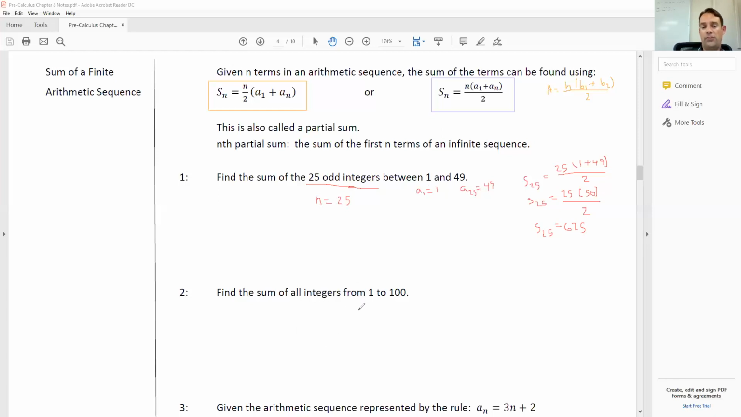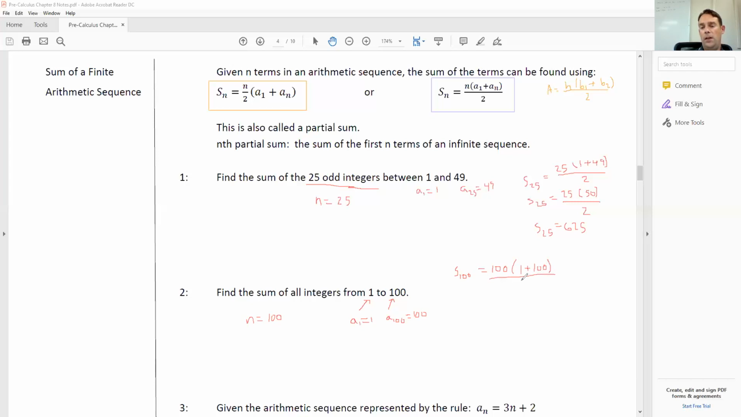So it says find the sum of all the integers from 1 to 100. Well, notice 1 to 100, I'm counting by 1 here, so that means a sub 1 is 1, and a sub 100 is 100. So we're going to add up all these numbers. That means I have 100 numbers. Definitely don't want to add all those up, but I could figure out the quick sum of it. So 1 plus 100